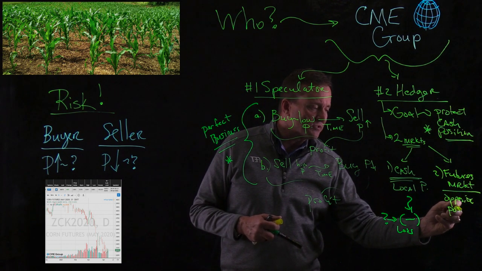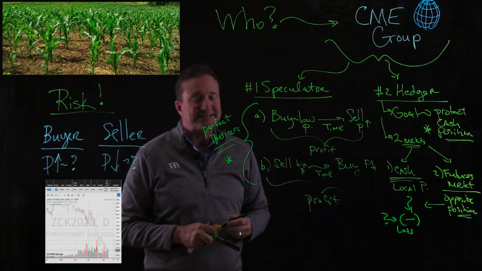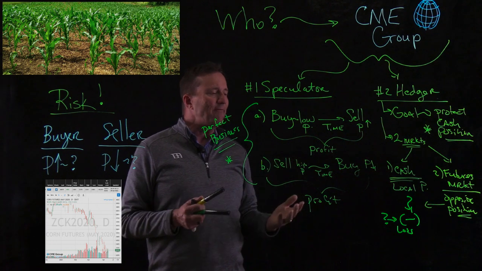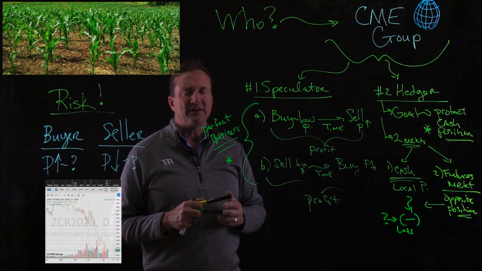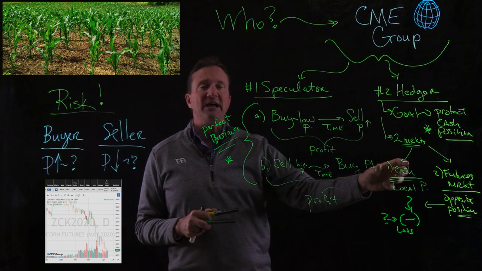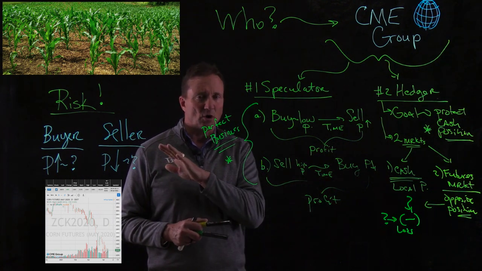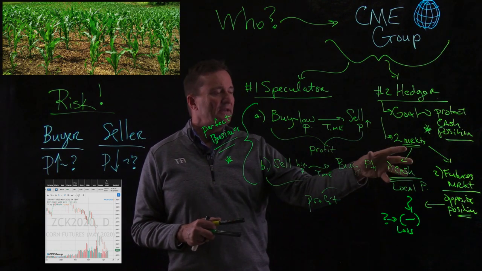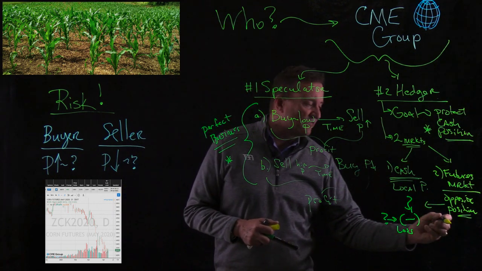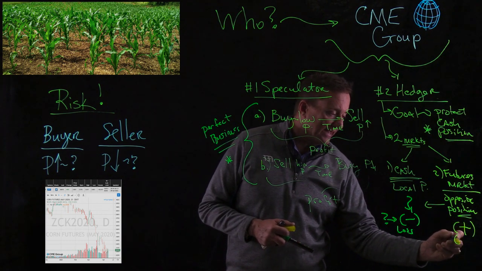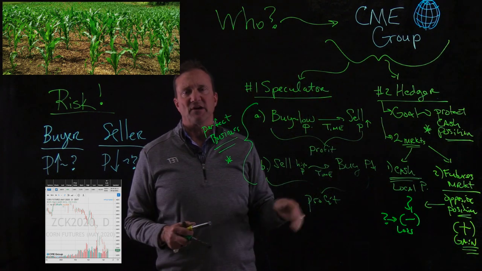So write down opposite position. That's the definition of a hedger. They're in the opposite position as they are in the cash. So what would happen is, if they got hurt in the cash market, now don't worry about buyer, seller, price up, down, none of that really matters at this point. If the cash market over time hurts this trader or this grower, this buyer, this seller, either one, if the cash market hurts them, how could they position themselves in the futures market to get a gain? And that is how they offset their losses.